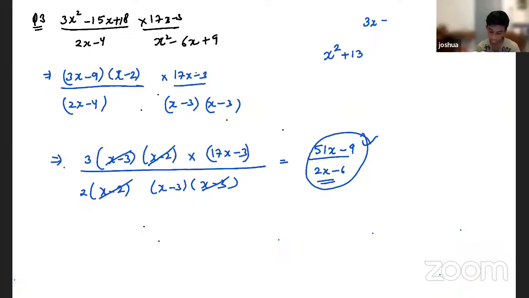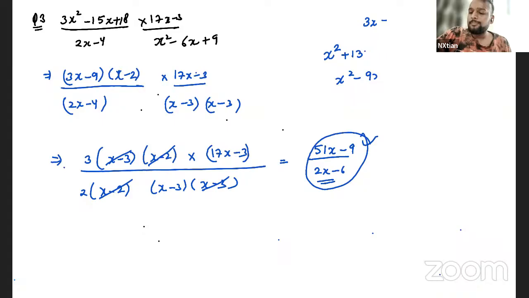The question is, which equation did you do the middle term splitting for? Tell me that equation only. I did the middle term splitting of x square minus 9. Oh, I did x square minus 13x plus 9x plus 117. Okay. x square minus 13x plus 9x plus 117. This is the question. Oh, yeah.